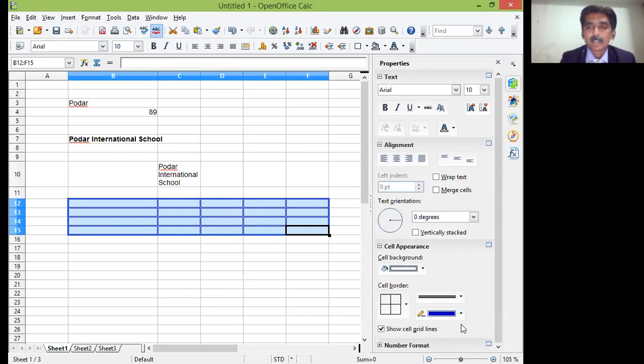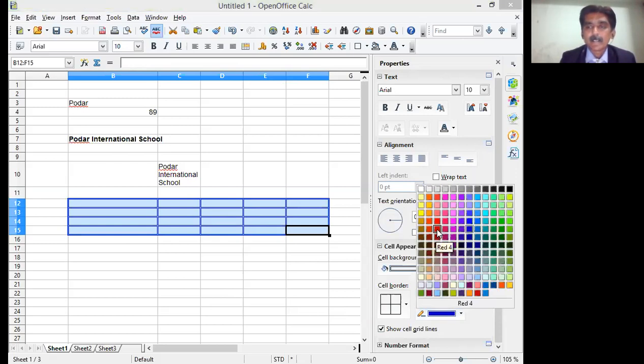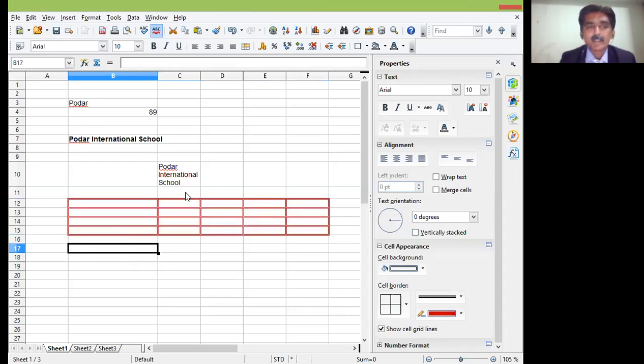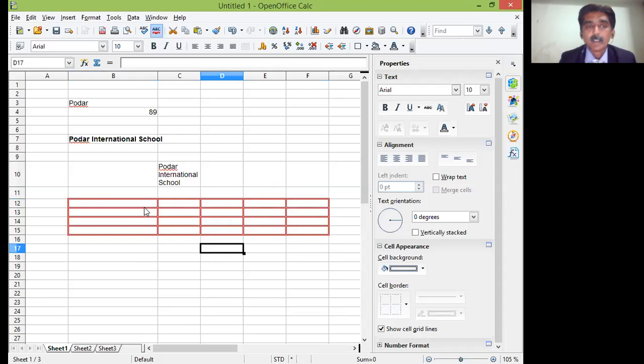You can select red color also from here, or whatever color you want. So you can change the appearance of the cell area. I have applied the border, the line style, and similarly the line color.